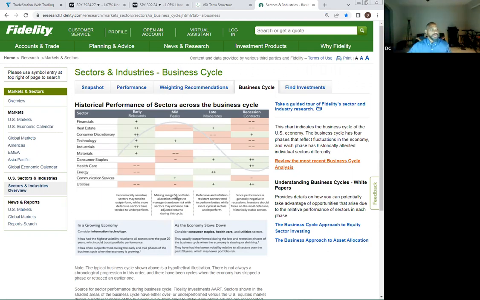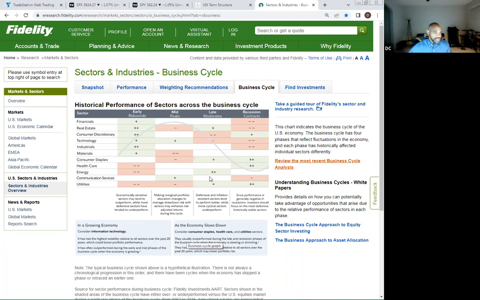And so when you hear people talk about going defensive or going cyclical, depending on the economic cycle, you first have to identify the broad economic conditions. So usually I like to do top-down analysis. However, once you figure out that we're going into sort of a recessionary dynamic, which is where we are now, that's when you want to start looking at individual stocks and try to pick winners within those industries. So right now we are in the